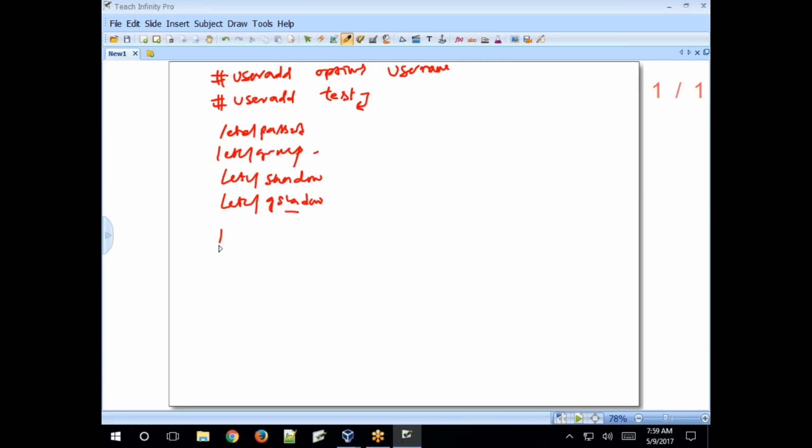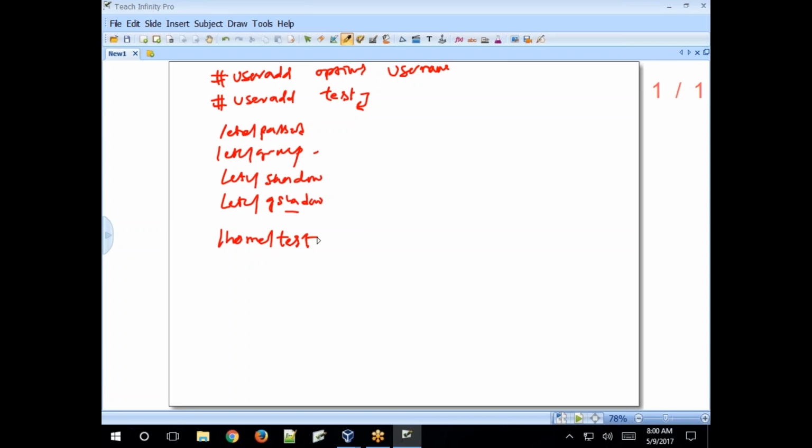And next, the home directory will be created under /home with the username, and the default permissions will be set on the test directory. So the username is test and the /home/test directory will be created.